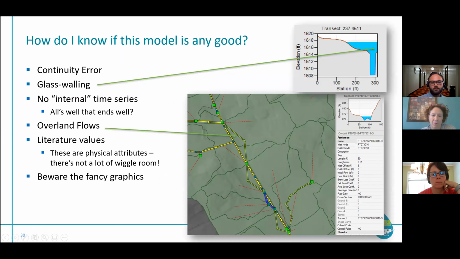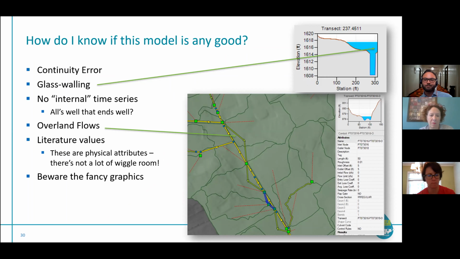discharge. So say you've built this entire model where all your bottom orifices are lines and all your manholes are in there and all your stream cross sections are in there. How do we know if it's any good? You can look at the continuity error, which is some basic math about what went in and what went out. If a lot more flow went in than ever went out, and it missed something, that's not a good sign. If more flow went out than went in, that can happen too, and that's not a good sign